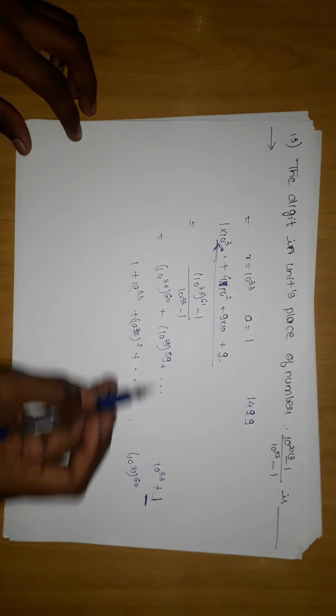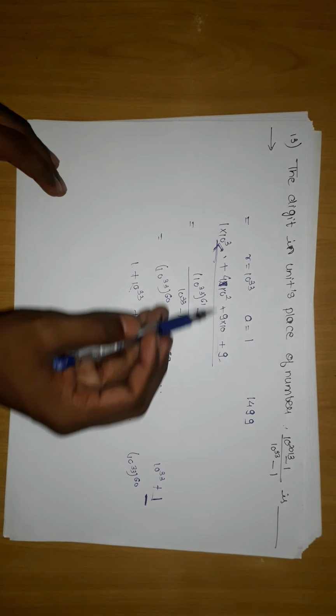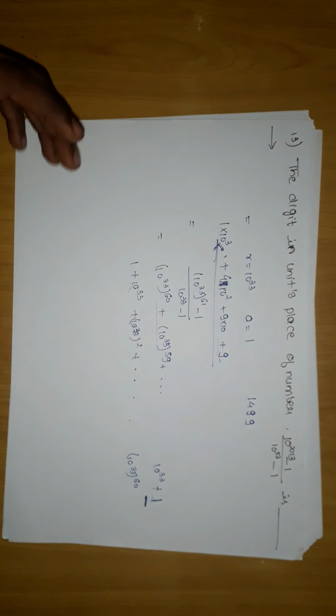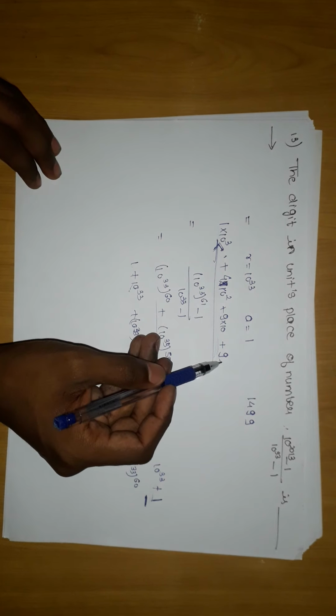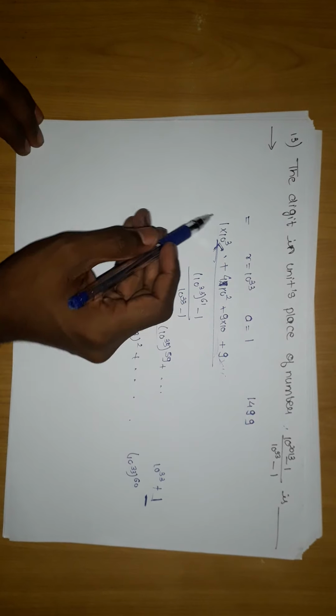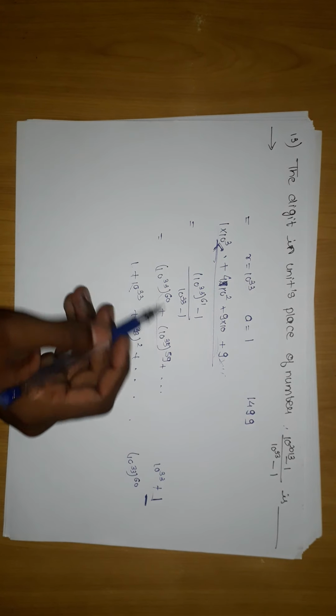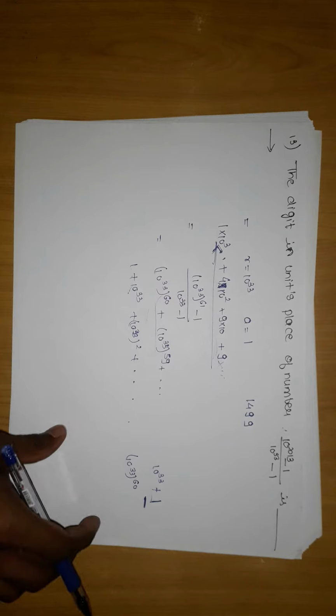Many children have doubts about why we consider it like this, so I have explained this. When we solve problems like this, I have completely explained the reason: we write 10 power 0 and express the number like this, and here it will have 10 power something, which will confirm that it should not be like that. Now let's move on to question number 14.